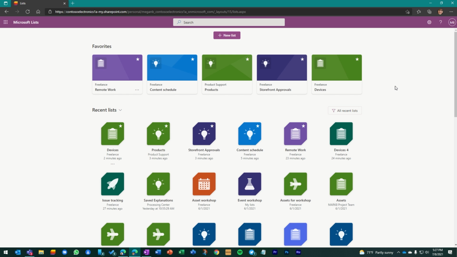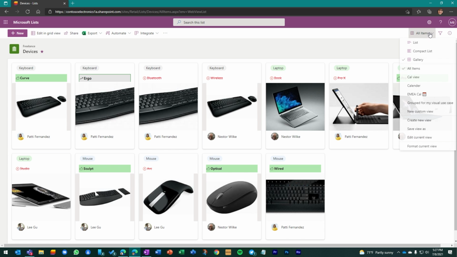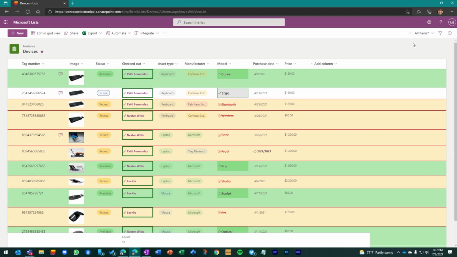Gem number 10, add conditional formatting to programmatically change how your lists and list items appear. So for this one, we're going to go back into that devices list, and we'll see it and view it as a list, as rows and columns. And you can see again, there's a lot going on here,